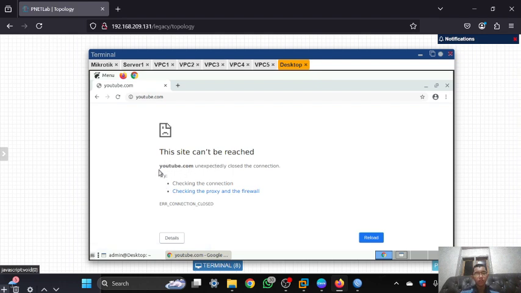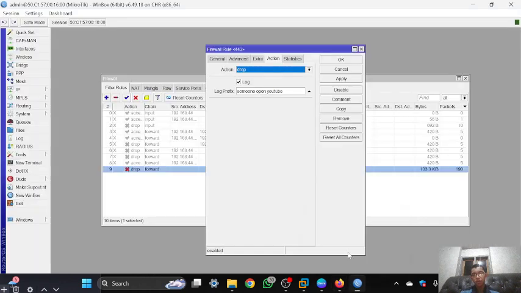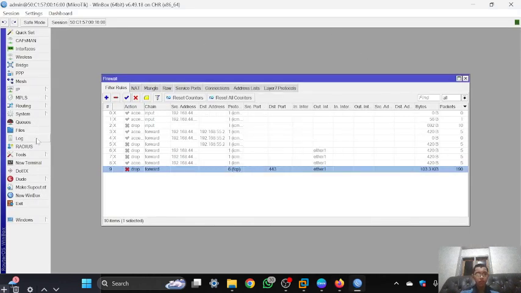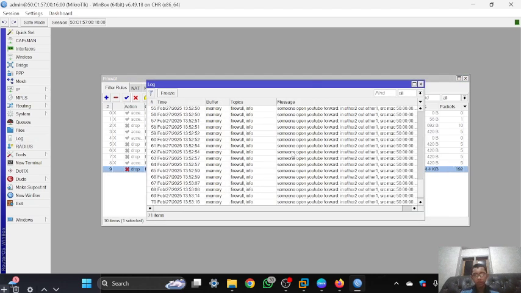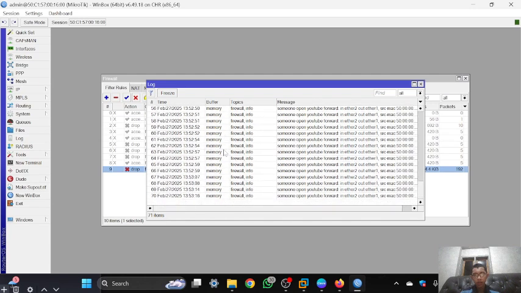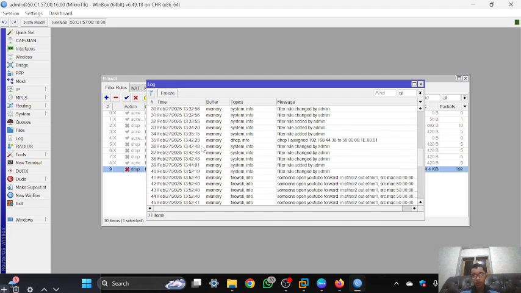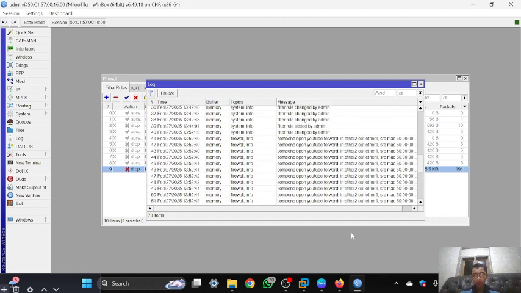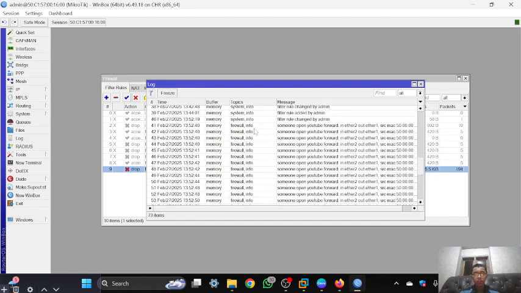So as you can see, the website cannot be reached, and you can open your inbox, and to see the log, go to log in here, and you can see there is a log like this: someone open YouTube in here. So that is the log feature.